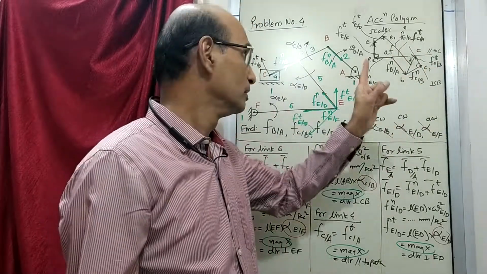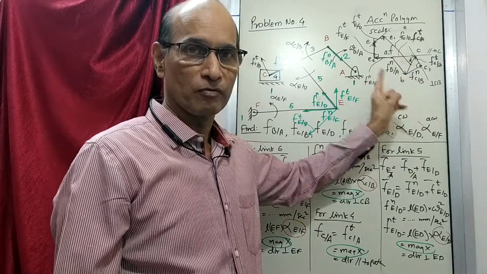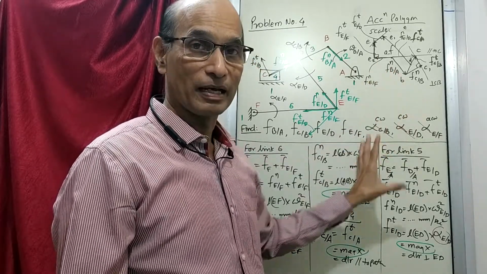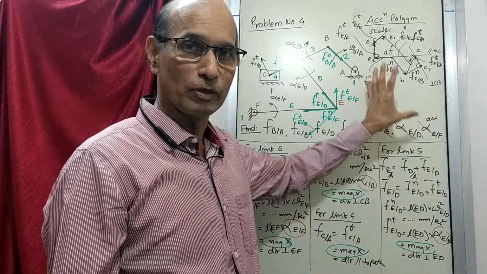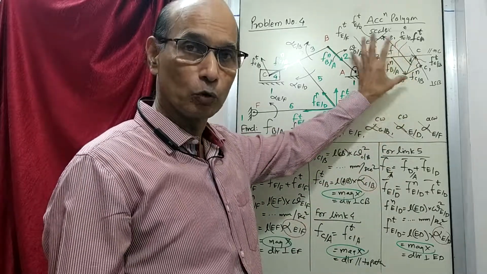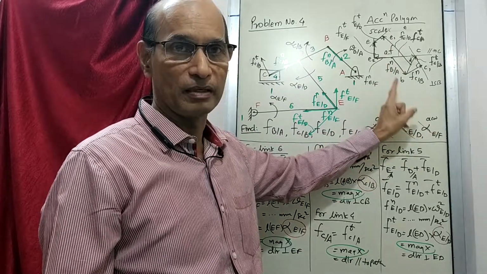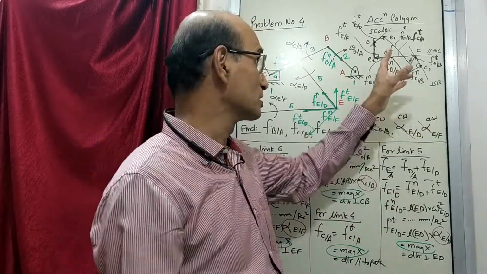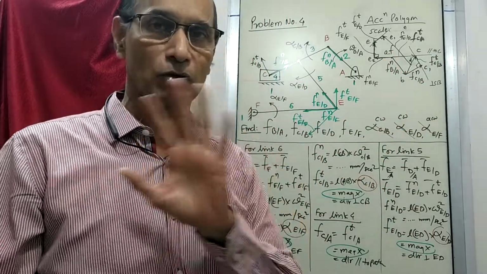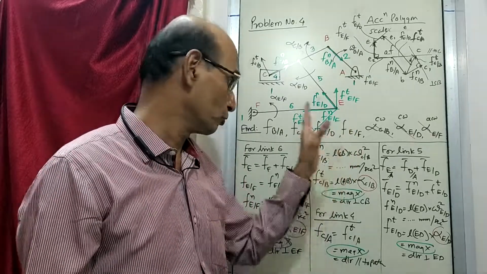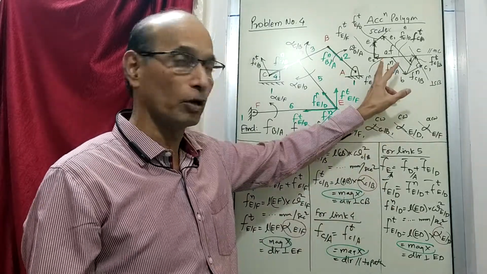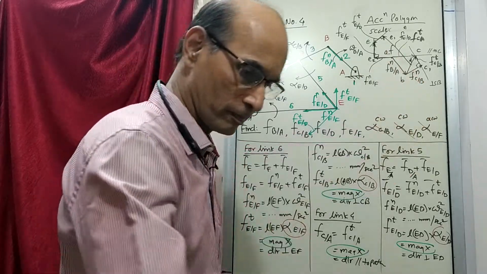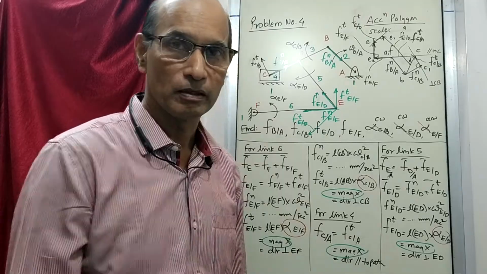Remember, let me again repeat. This is a polygon what I have shown for the explanation purpose. In your case, you have to draw the lines as per their actual lengths, and as per the actual lengths when you draw, the shape of the polygon will be totally different from what I have drawn. Please keep in mind. So don't be under the impression that the figure you have drawn and this is different, so you are doing some mistake. It is not like that. It will not be a mistake as long as you are doing it in a proper manner. But the shape of the polygon, what you have drawn and what is drawn here, it may not be same. Okay. So this was problem number 4. You can understand it.